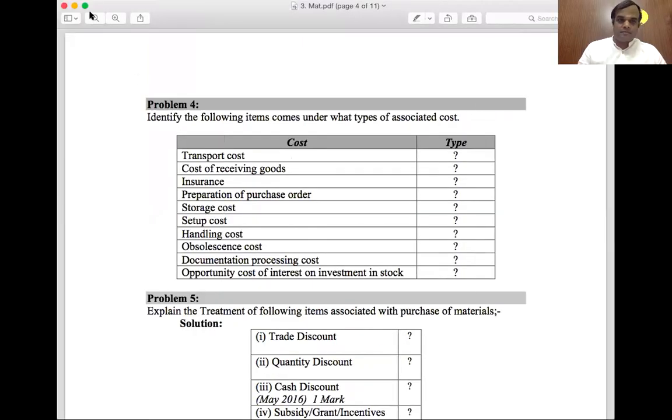So, got the idea about the two bin system? Clear? So the two bin system represents a bin that has been divided into two parts. One is the issue part, another one is the base part. Yes, the bin has been divided into two different parts. Clear? So you have understood what is called reorder level, reorder quantity, economic ordering quantity, reordering point and all. Good. So the two bin system is an expected question as well as an important question.